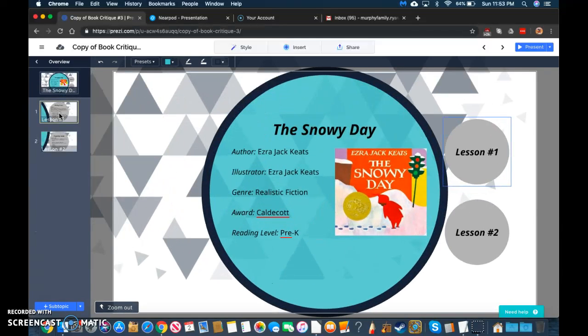Our featured text for today is The Snowy Day by Ezra Jack Keats, who also illustrates the book as well. The story is about exactly what the title suggests, a snowy day. A young boy, Peter, decides to go exploring, playing with the snow in many and varied ways, going on many adventures. It's the perfect story for a cold winter's day, with beautiful illustrations that make the snow seem so much